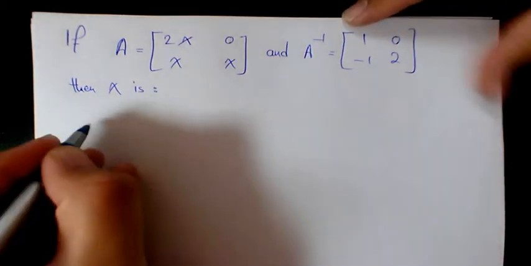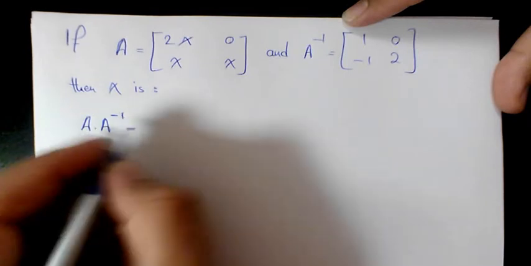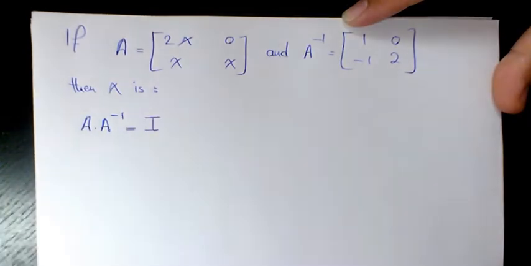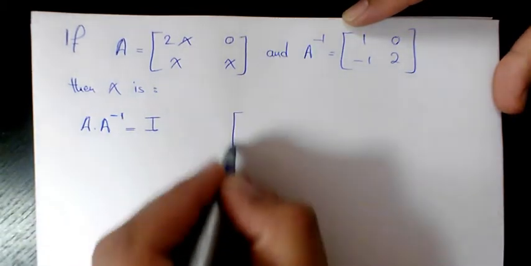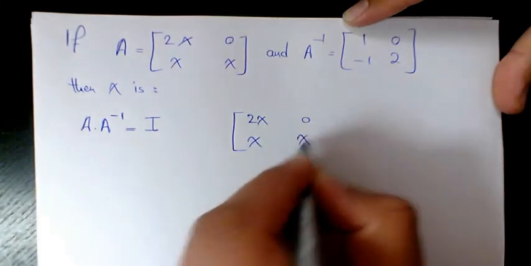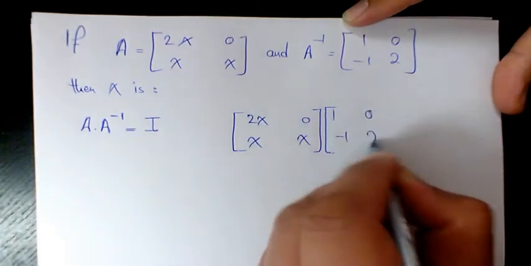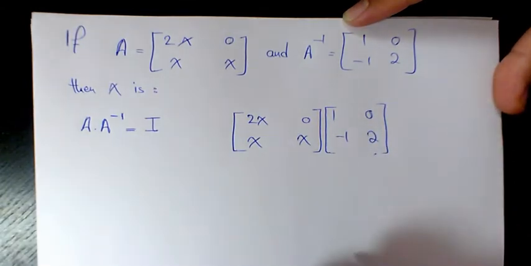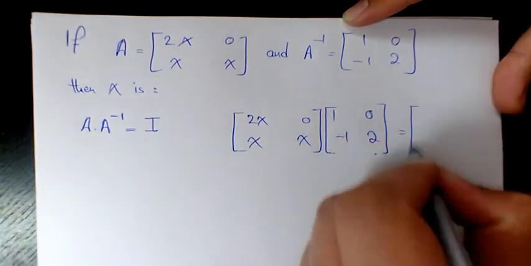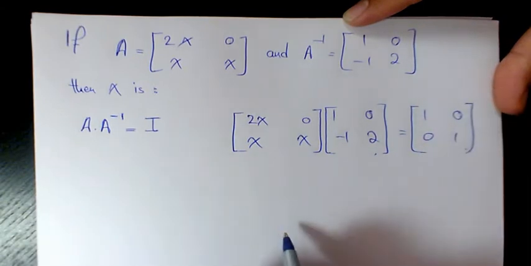So what we need to do, we can say any matrix multiplied by its inverse is going to give you the identity matrix. So you have 2x, 0, x, x multiplied by 1, 0, negative 1, 2. That's supposed to be 1, 0, 0, 1. It is going to give us